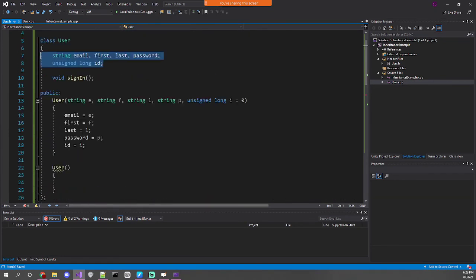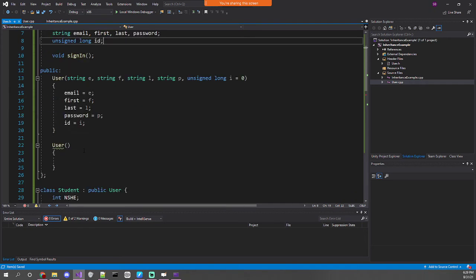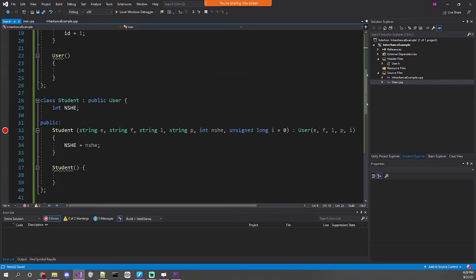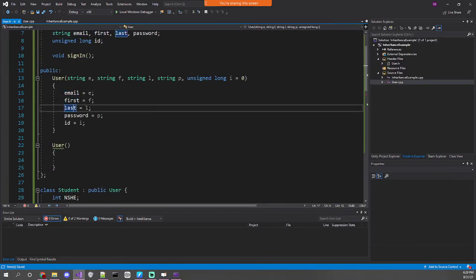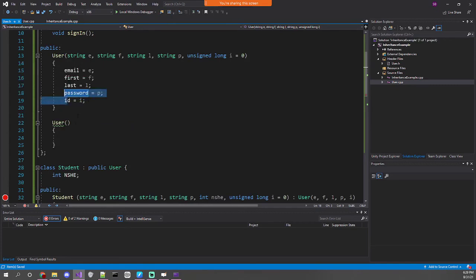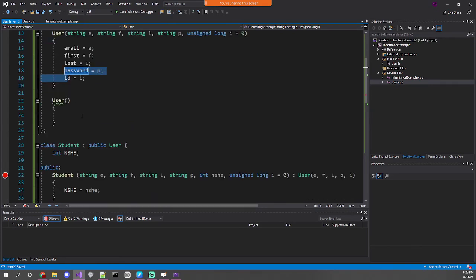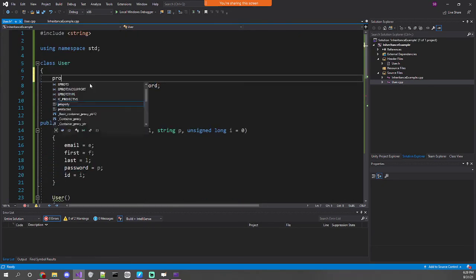So private variables are only accessible within the class they belong to. And so this, even though it inherits from it, is not the same class. The student is not the same class as the user. So if it tries to access the email or the first name or the last name or the password or the ID directly, you're going to get an inaccessibility error because those are private and you're not allowed to access it. And so one way you can get around that is there's a third